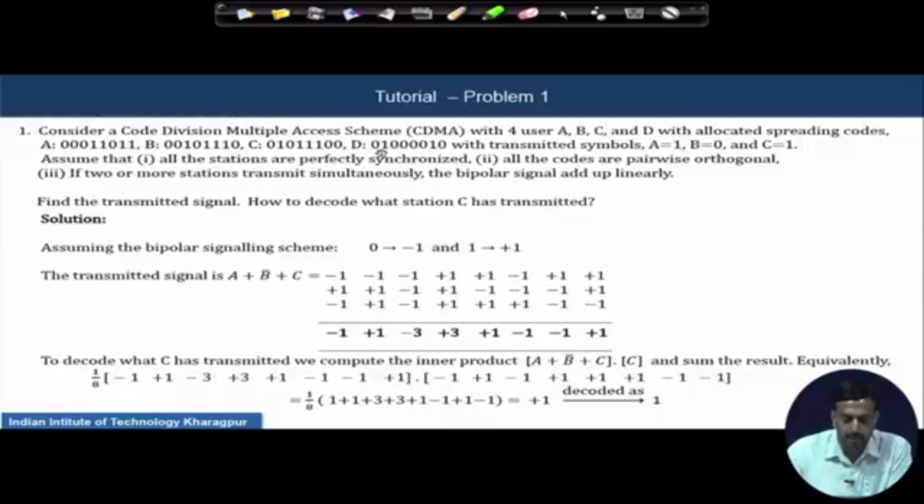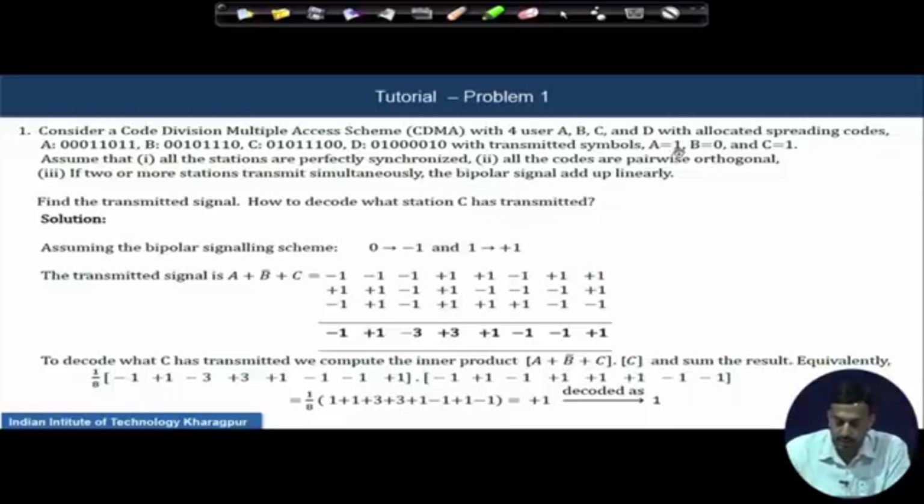These are just in order to highlight that we shall take some data bit and we shall process the data bit with this spreading code in order to realize our spreading signal. The important thing here is that we have 4 users, so it's a multi-user system, and we assume that we have transmitted symbols which correspond to bits 1 and 0 binary. For A, B and C, these transmitted bits are A equal to 1, B equal to 0 and C equal to 1. So essentially what the problem states is that